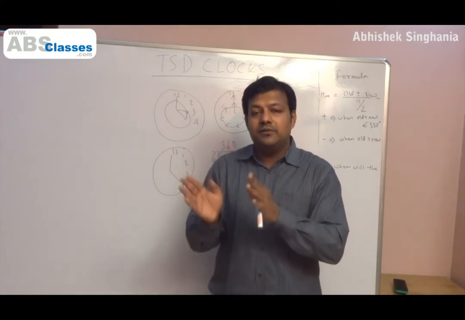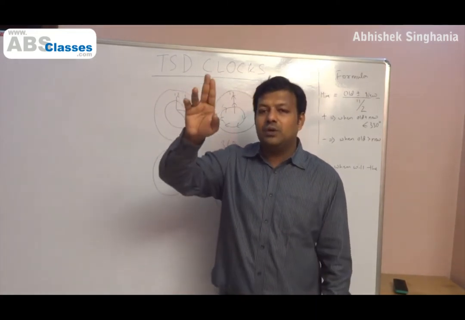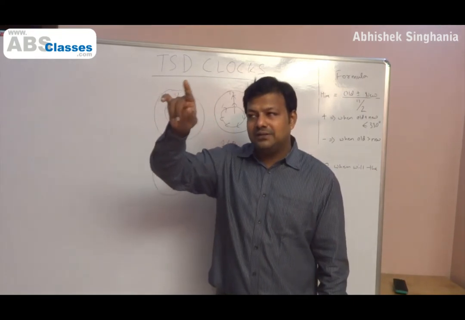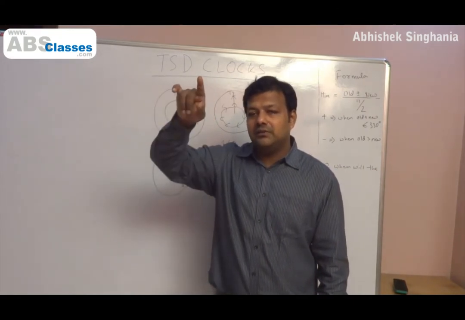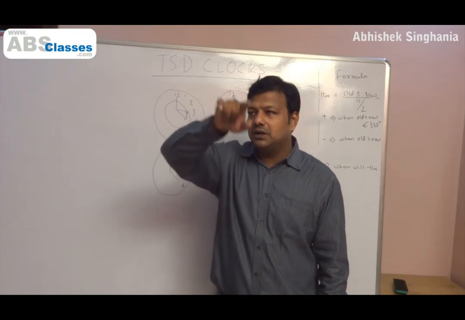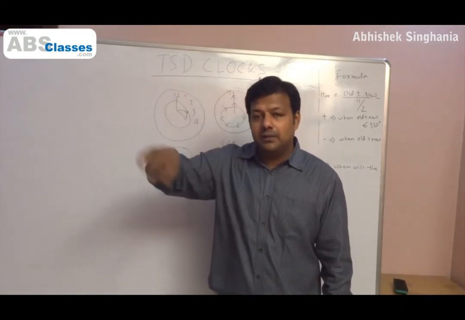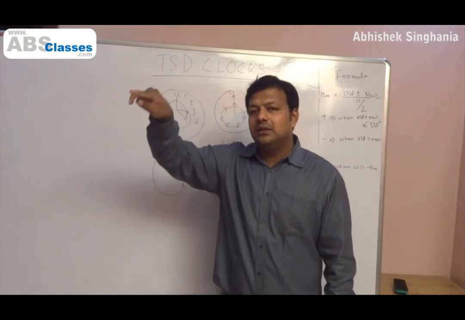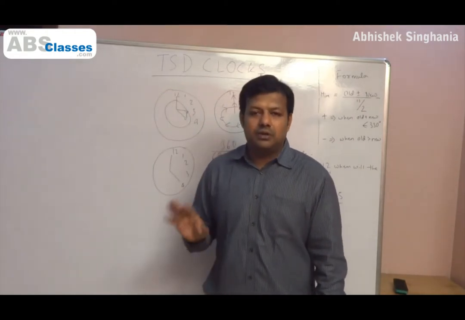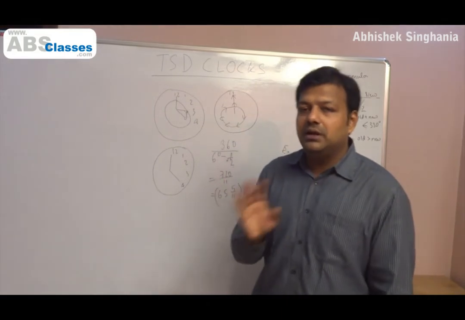Why are they not meeting from 12 to 1? Because they are already together at 12 o'clock. So the faster guy will start running when he's already there with the slower guy. So when he completes the whole circle, they will not meet somewhere in between. Only when it is 1 o'clock, when he has completed the whole circle, then he goes again and starts meeting the slower guy, right? So the answer is not 12, 11.